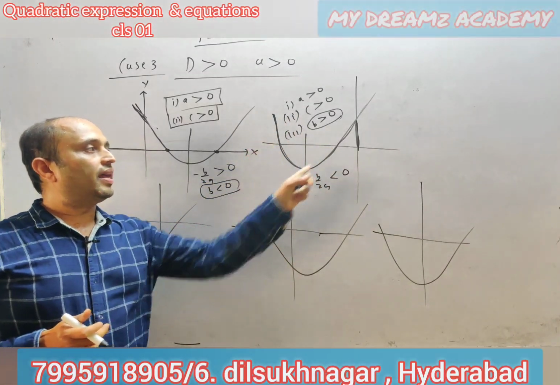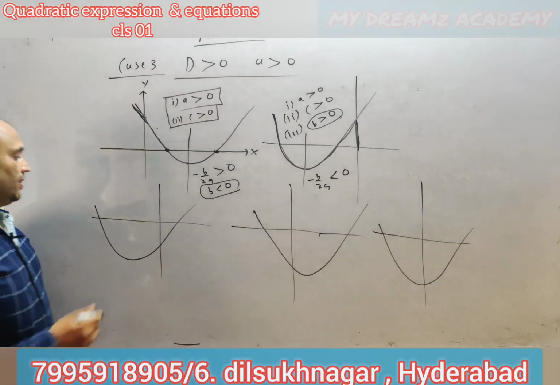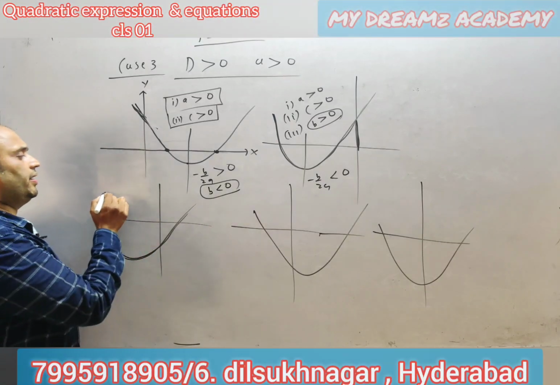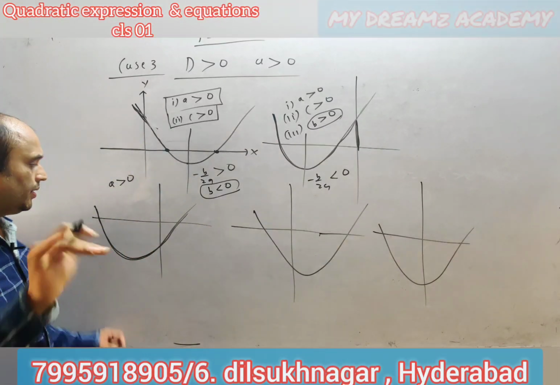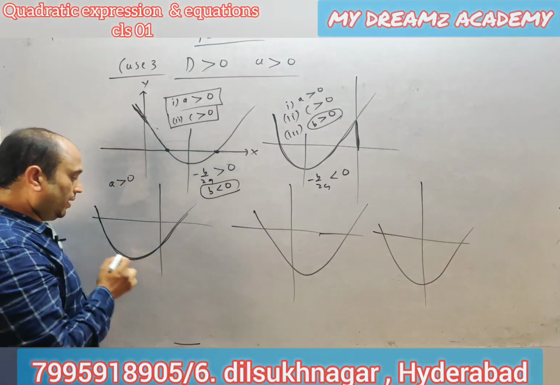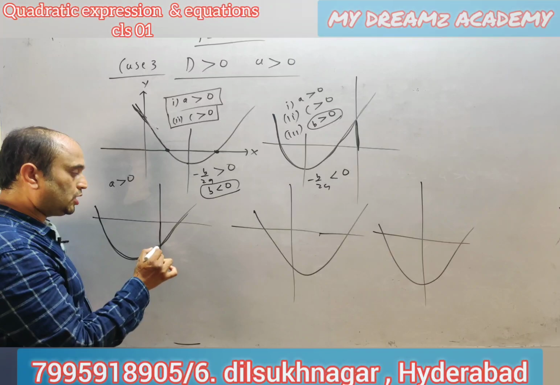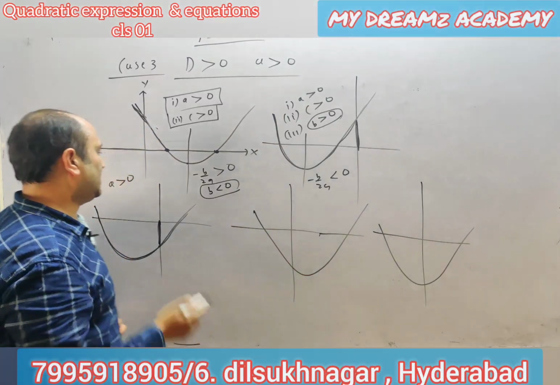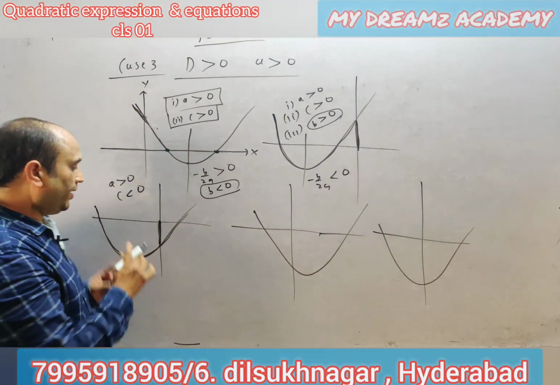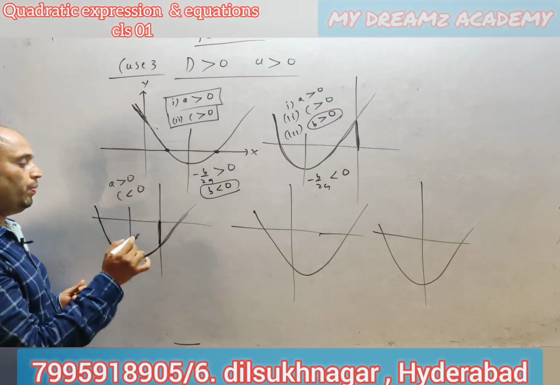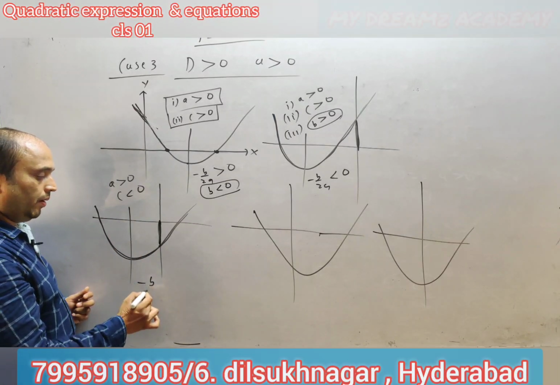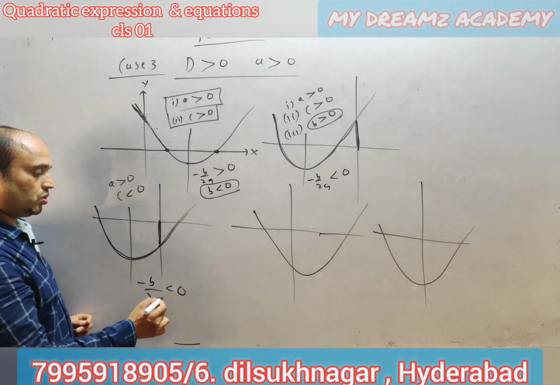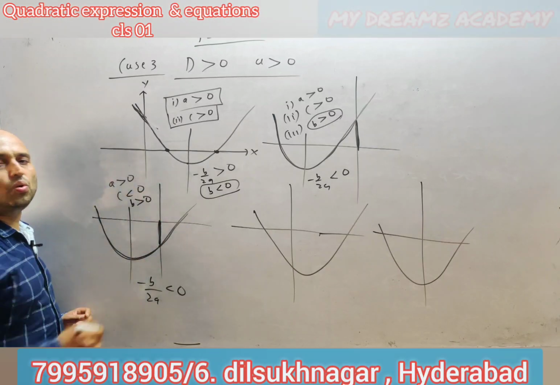If the curve is like this, now suppose our required curve lies in the third quadrant. Here we already know that a is greater than 0. And what about the c? Our curve intercepts the y-axis at this point, and this distance lies on the negative y-axis. So c is less than 0, a greater than 0, c less than 0. What about b, what about the x? Here minus b by 2a is less than 0, so sending it to that side, b is greater than 0.